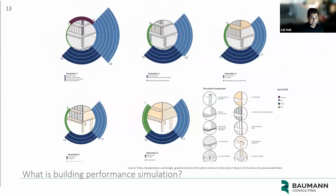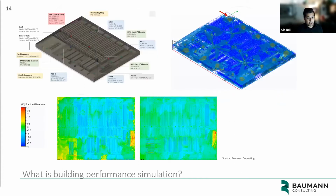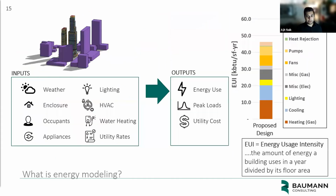There's embodied carbon analysis, which is a simulation of a building that allows us to estimate the amount of carbon emissions that were needed to get all the building materials to site. And there's a CFD analysis, which is the simulation of air and thermal flows in a space to predict temperature, humidity, and comfort levels. So energy modeling is just one piece in a large world of building performance simulation, but it's all fundamentally the same idea, using a virtual model of a building to predict how it'll actually behave in real life. So what that looks like for energy modeling is physically building an actual 3D model of your building,